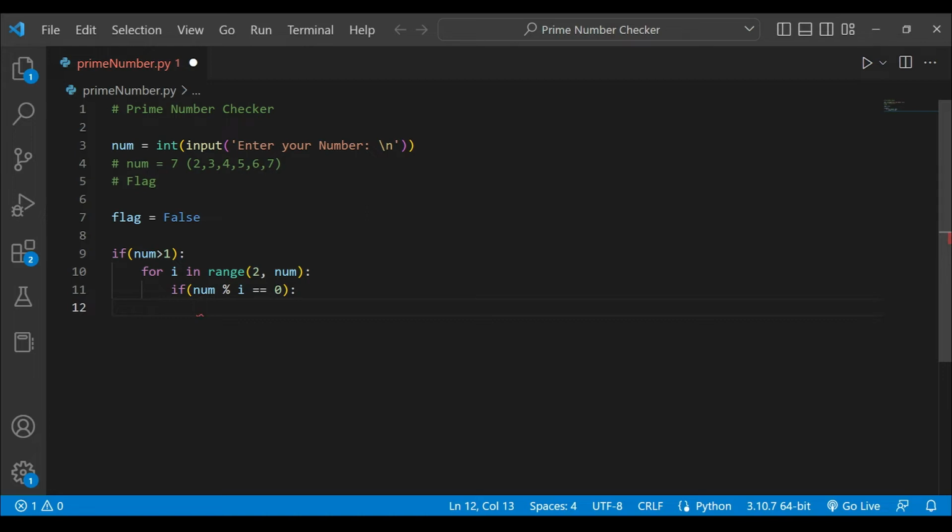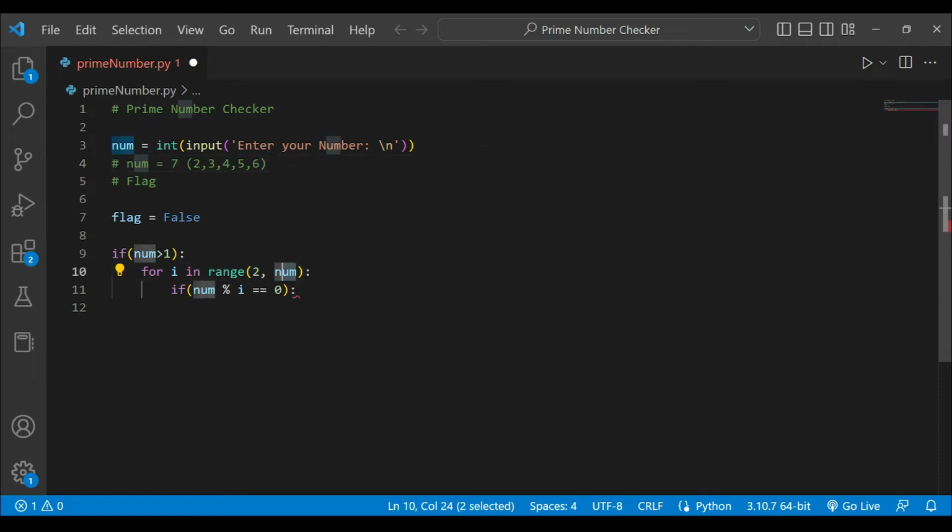Okay, so we will try to divide it by i, and it will divide from 2. It will not be divisible. It will try to divide it by 3. It will not be divisible. We will not get remainder 0 and 4, 5, 6. So till 6 it will divide. And since